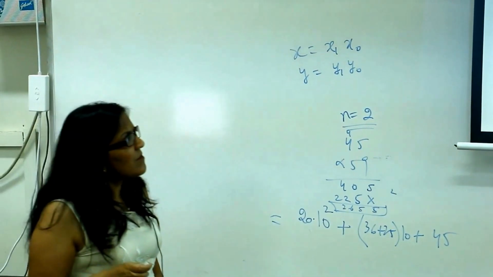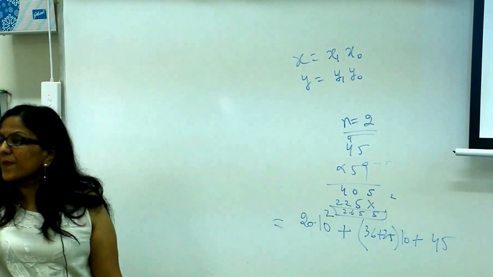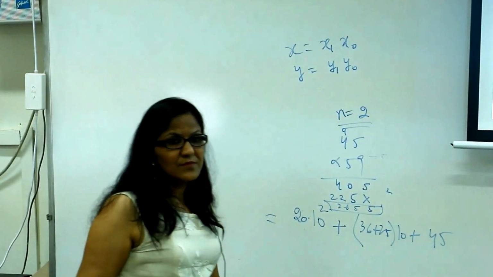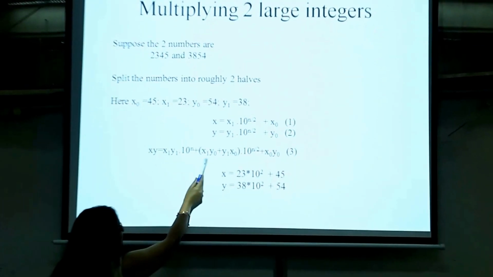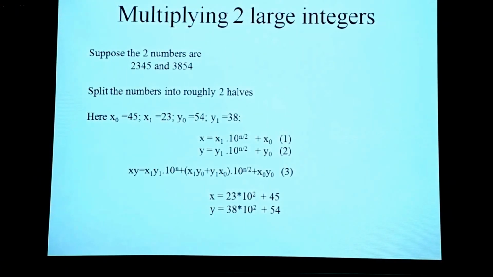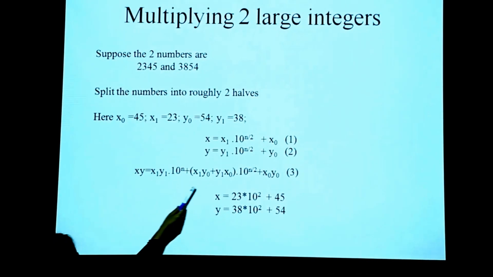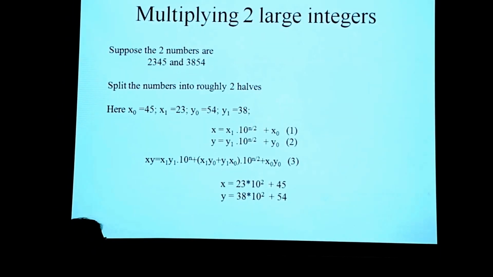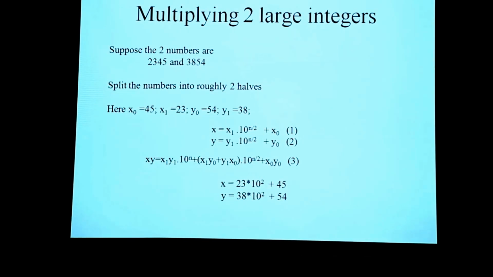So what is that? We want to compute x1, y1. So what is the algorithm? Algorithm says n digits, so when you add them, it is not constant, it will take some order n time. Okay? So to add these two terms, we need order n time, and we have reduced the problem of multiplying of size n to 4 problems of size n by 2. Now tell me the recurrence.